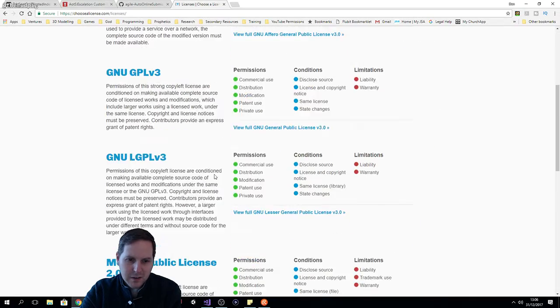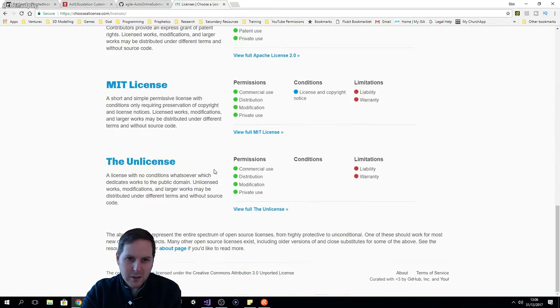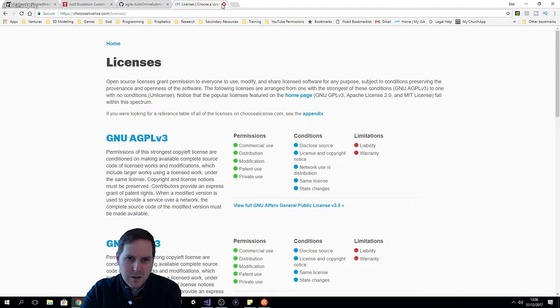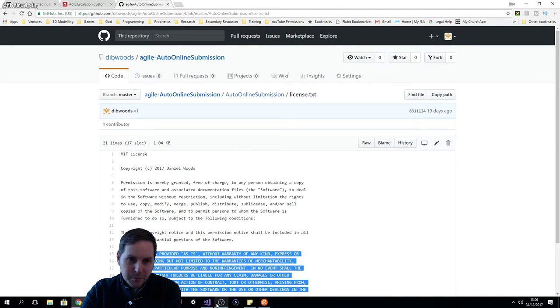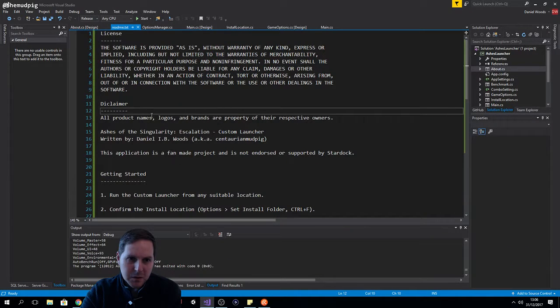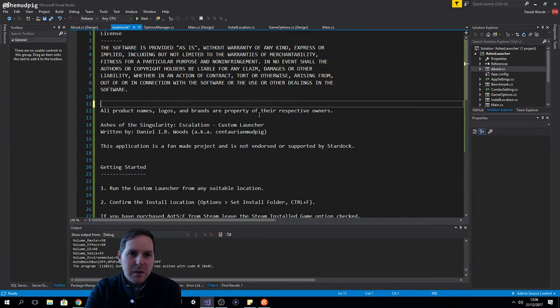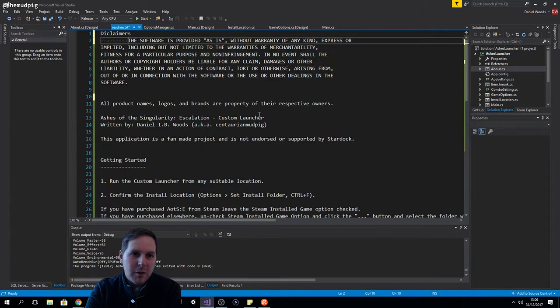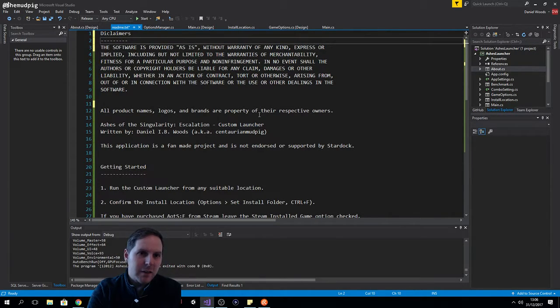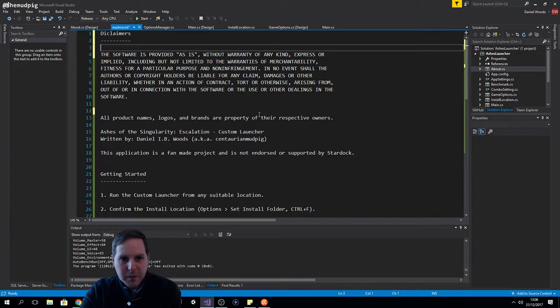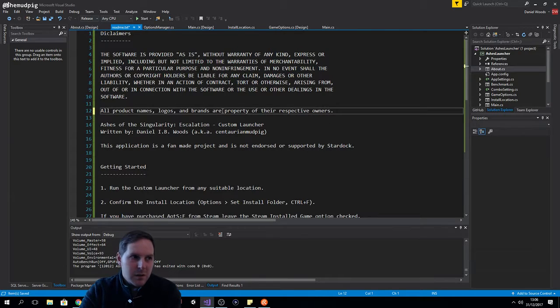What are these? I guess it's all open source licenses. Let's just call it disclaimer, shall we? More of a disclaimer than a license. Could pull up an old license from something else, but